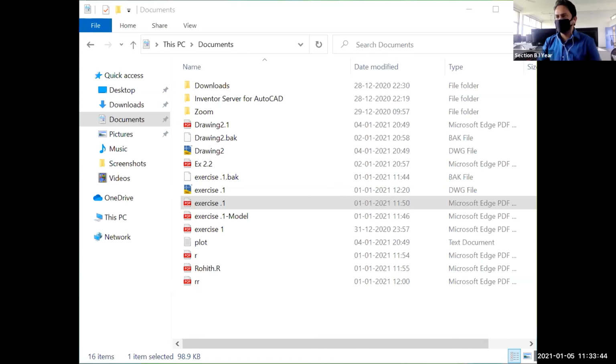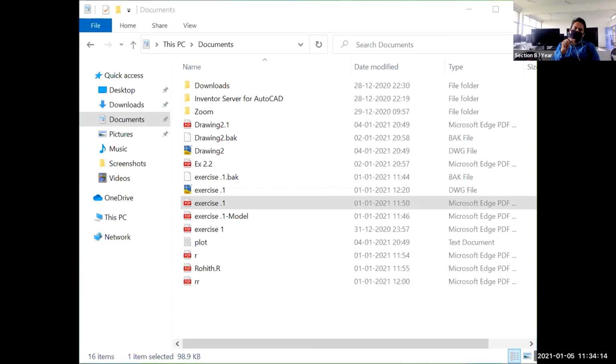You have to stop the screen share, open the PDF file, and then click on share screen. Then some option will come, entire screen or something like that. Open the PDF, then click on share screen, and then at the top left you will see one button with the tag.